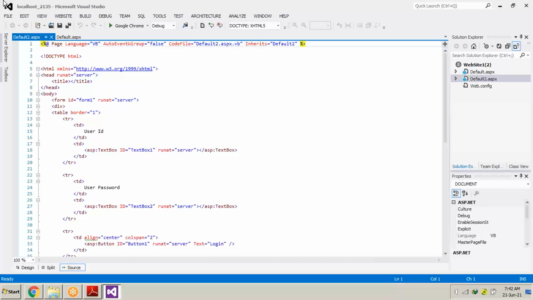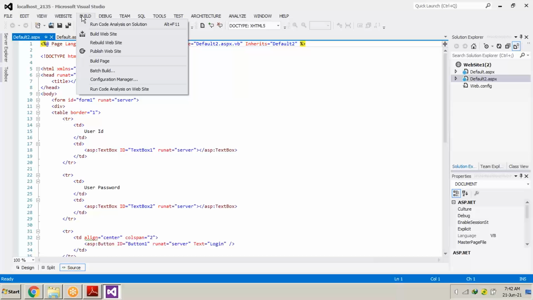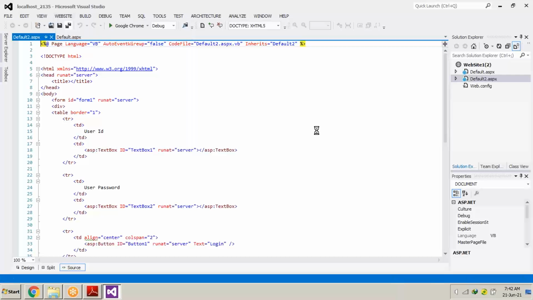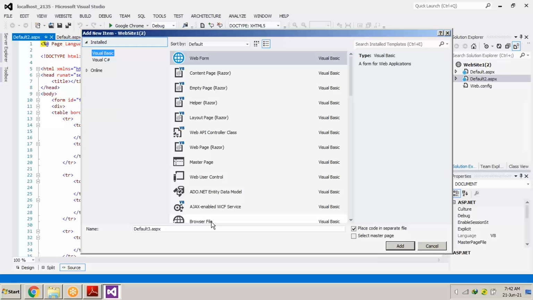So we will be using table form also. First of all, go to website, add new item, and adding a web form. I will be renaming it from here itself, default 3, by right form.